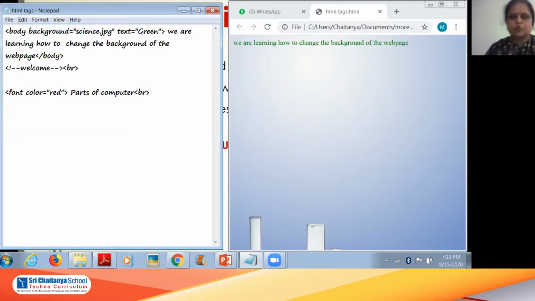After this, I want to use an unordered list, that is UL. And type: what type do I want? I want square, so I will write square. Then the first point I want to display has to be written in LI, that is list item. Here I want to display input device, and then I just want to write slash LI.